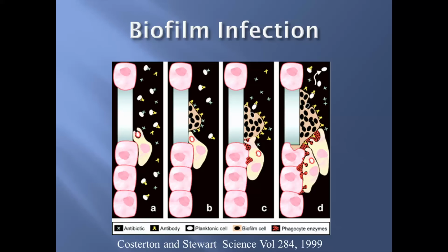It attaches to the extracellular matrix. Now, if host defenses like white blood cells, antibodies, or even if there's antibiotics on board, don't kill that bacteria and it's able to reside for even 20, 30 minutes, we see panel B happening,